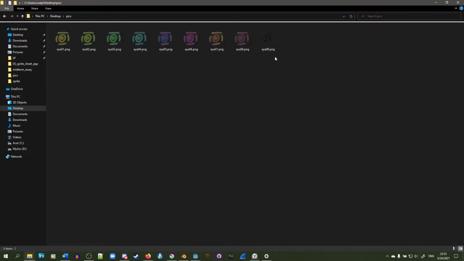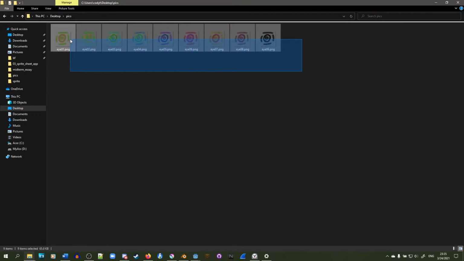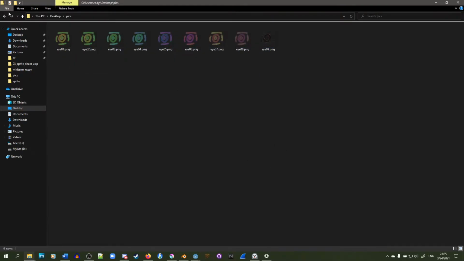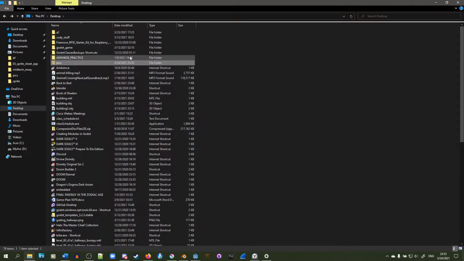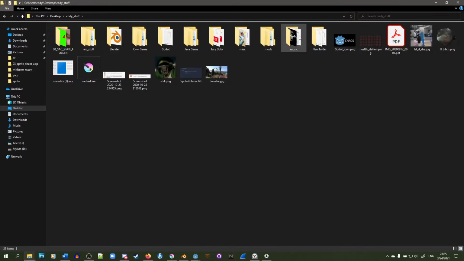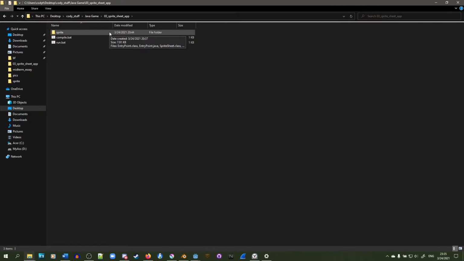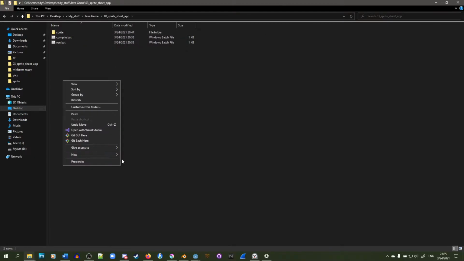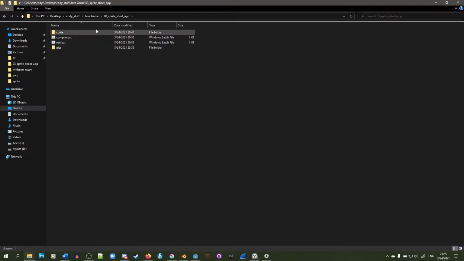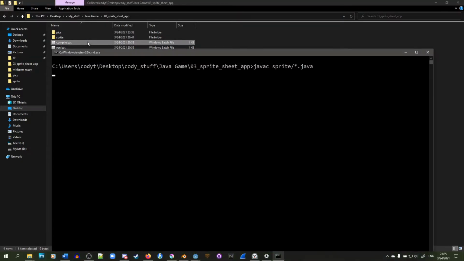Okay, so let's say you have some pictures, I'll just use these as examples. And let's say we want to merge all of them into one picture. So I'm just gonna go through here, go into my little thing. I made a little app, and I'll just paste it in here. So we got our folder, and by the way, this is written in Java, and I'll just compile it